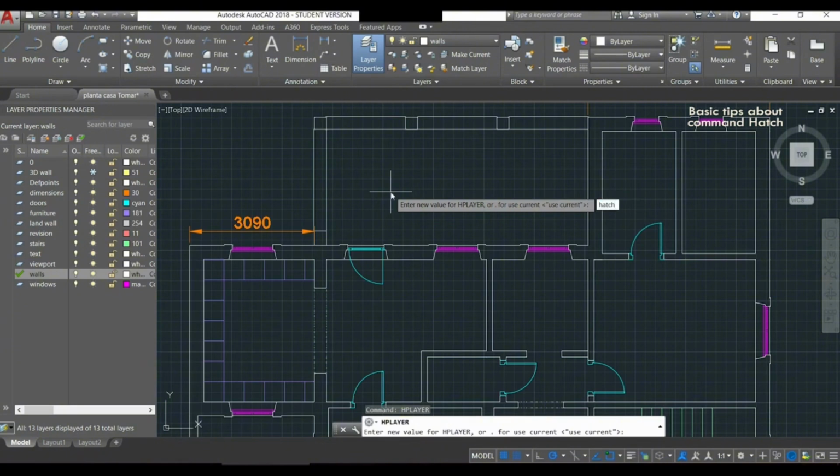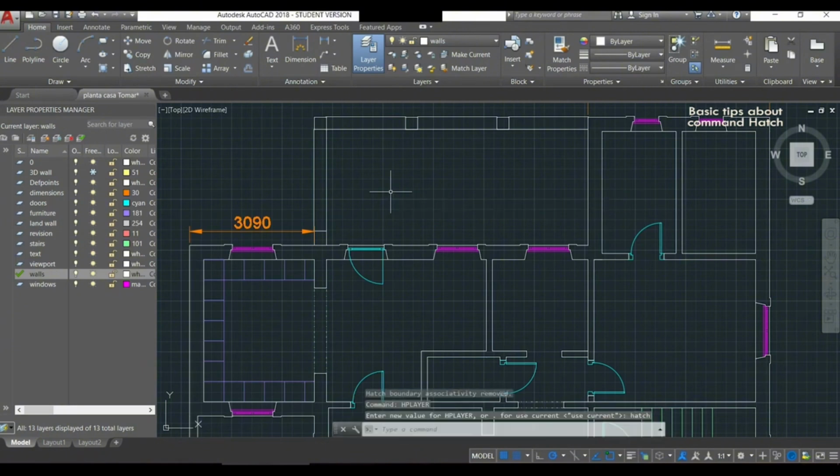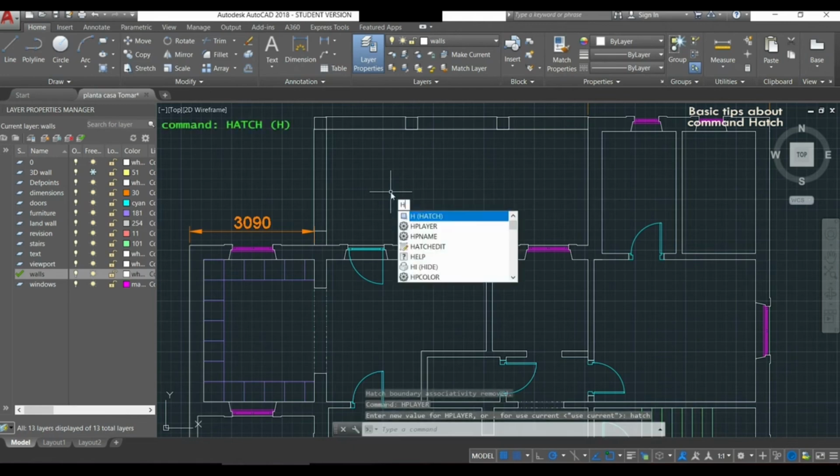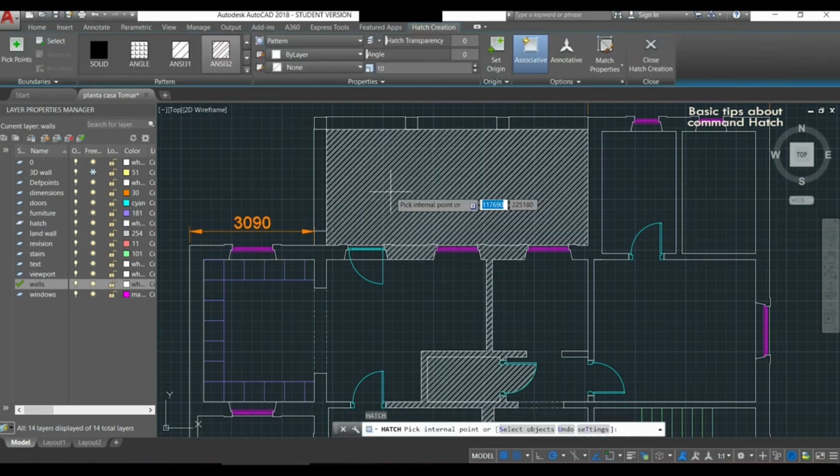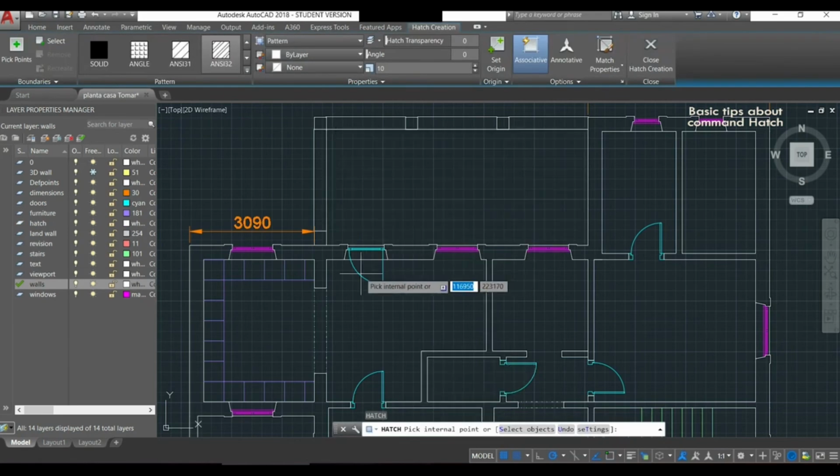Okay, I'm going to insert a layer for hatch, but I will use a special command for that, which is available after AutoCAD 2016. I will type HPLAYER and press enter.